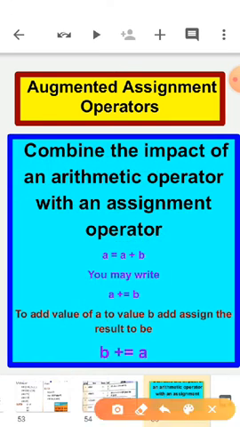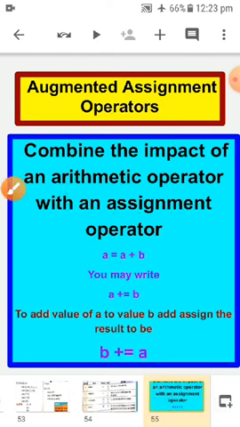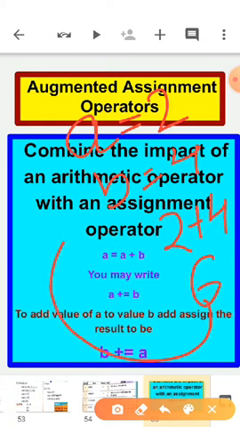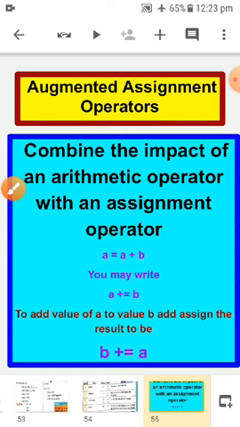So if it is written like this: a is equal to a plus b. What is the meaning of this? If a is having some value and b is having some value, both values are going to add with each other, and the result whatever you are getting is going to be stored inside this a. This is the meaning of this statement. Again, I am repeating. If a is 2 and b is 4, a plus b means 2 plus 4, it gives you 6. Now this 6 is going to be stored inside this a. So whatever is present on the leftmost side, everything is going to be stored in that variable only.